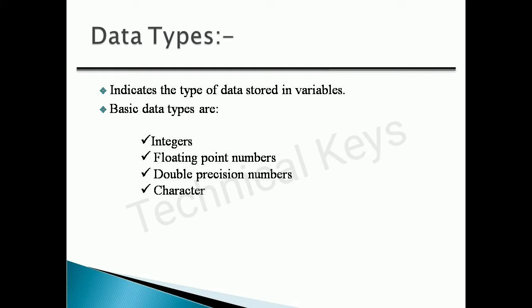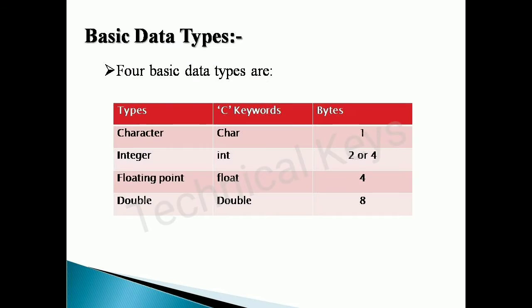I hope you know that every data type requires certain memory bytes to store on a machine. This table gives you the number of bytes required on a 32-bit machine. These numbers, 1, 4, 4, and 8, are given in bytes, not bits. So the character data type takes 1 byte of memory, integer takes 4 bytes, float takes 4 bytes, and a double will take 8 bytes.